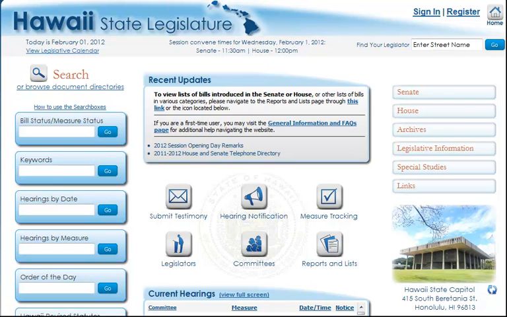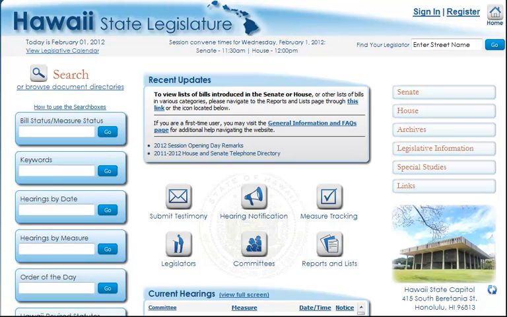What is a status sheet? It's a one-stop shop that allows you to find out everything that's happened to a bill. It also gives you some tips on figuring out who is opposing it, where it's going next. First, I'll show you how to find a status sheet. Then I'll show you how to interpret it.